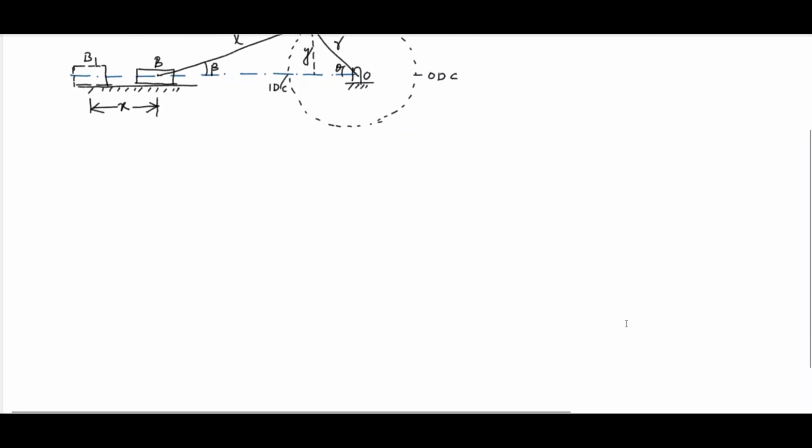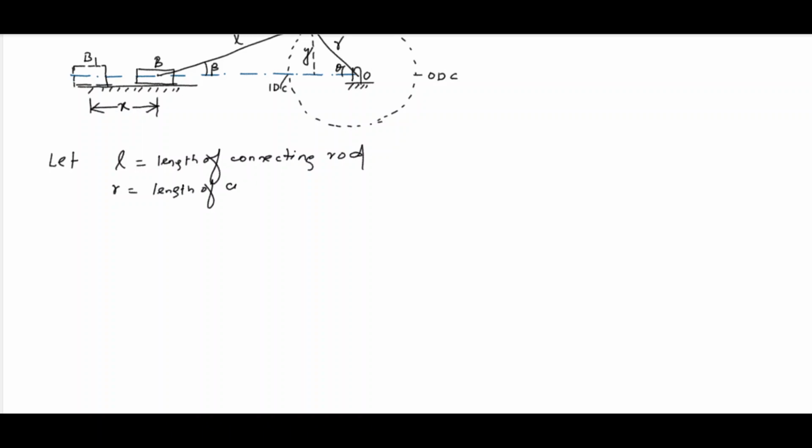So for this, L, as I told, is the length of the connecting rod. R is the length of the crank. X is the displacement of the piston